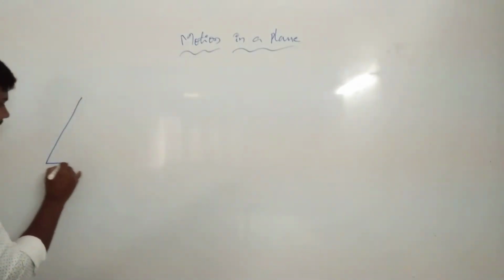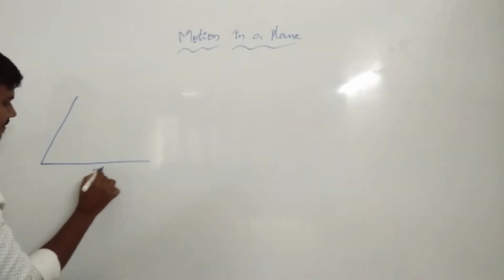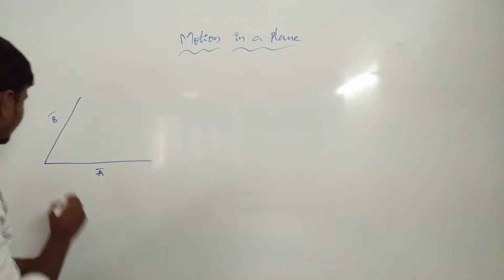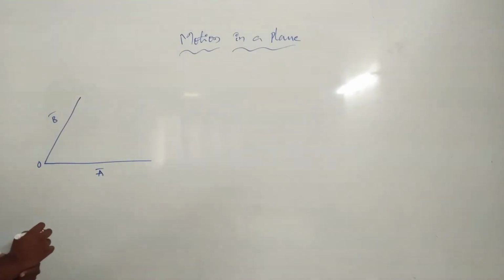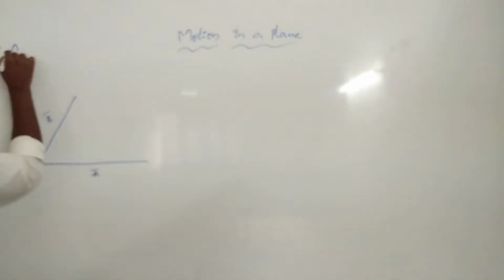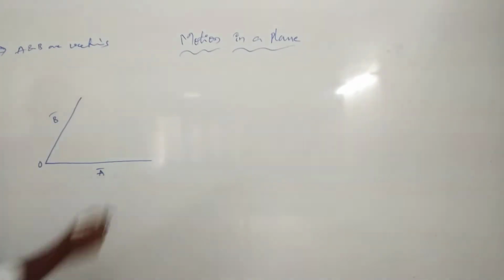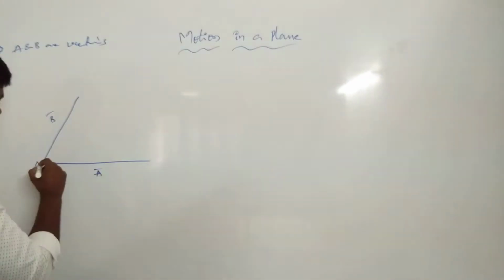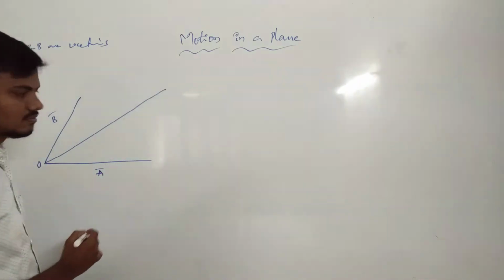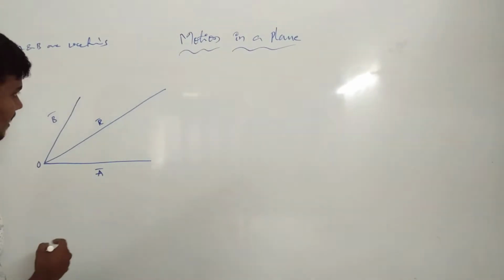There are two types of vectors. This is the A bar vector. Now this one is the B bar vector. Here we can observe that O is the origin, and A and B are vectors. Now R passes through the diagonal. This is the R bar vector. The resultant we are taking as the R bar vector.